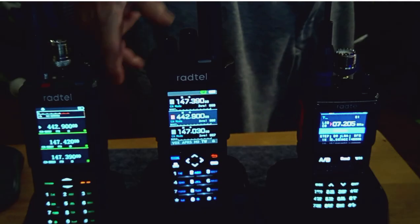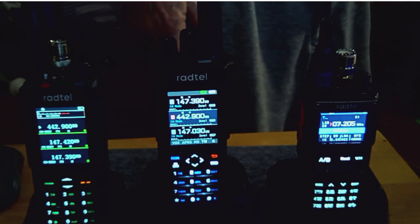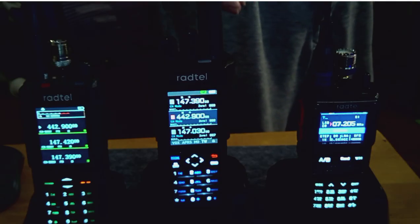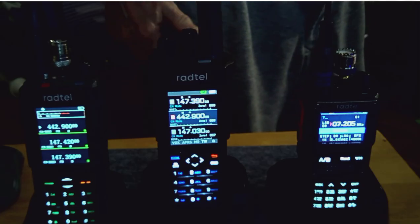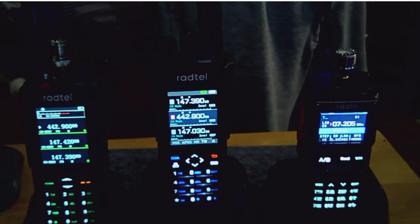They're going to come out sooner or later that will have filters, and you'll be able to transmit on HF, single sideband, upper lower sideband, and all that stuff. And when they do, they're going to sell a lot of radios, especially if they can keep them under $200. Because I sure would like to have one. If I had a complete shack in the box, that would be it. I wouldn't even mess with all these other